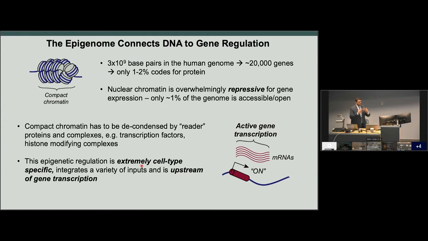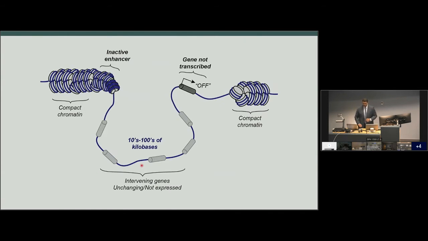Okay? And many of these features, in terms of, say, histone modification, CpG methylation, and other regions of the genome which are open in certain cell types, such as enhancers, are all upstream of gene transcription. So even before an mRNA transcript, a gene is transcribed, we already have these marks in the genome that the cell is sitting and poised and ready to respond. Okay? So let's show this schematically.